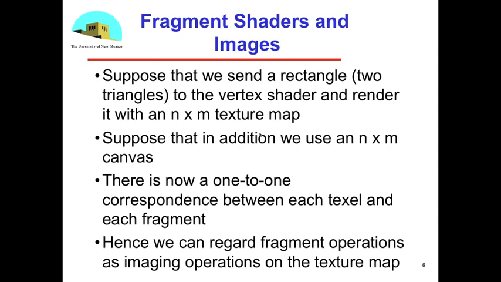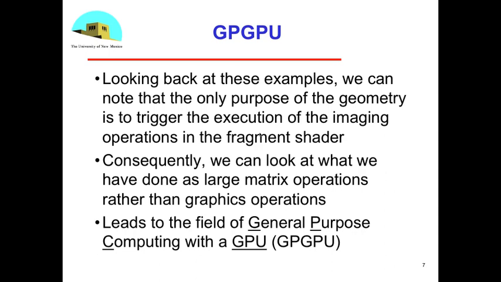Well, if that's the case, then each pixel in that texture map corresponds exactly to one pixel or one fragment in our frame buffer. So I can say that the texture map is now an image, and that image is what appears in that canvas exactly. And so anything I do with a fragment shader is an imaging operation if I think of it in terms of images rather than in terms of textures and graphics. And once people started thinking that way and saying, well, gee, I can do whatever I want to that image in the fragment shader, they got this notion of what's called general purpose processing on a GPU,